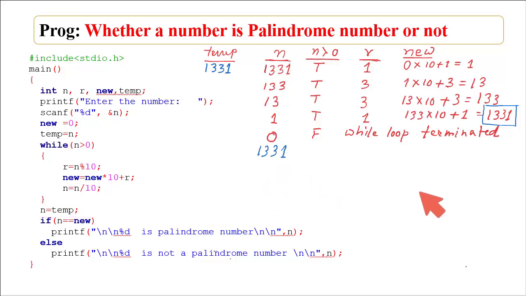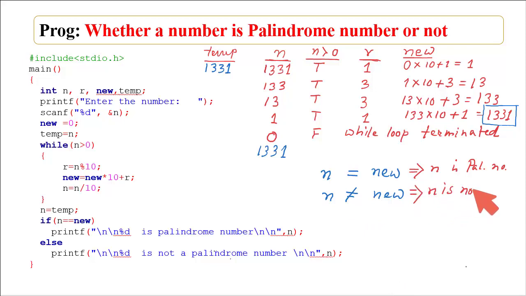Now I can compare the value of n variable with new variable. If the value of n variable and value of new variable will be equal, then n is palindrome number. And if value of n variable and value of new variable will not be equal, then n is not palindrome number. Now how this can be checked?